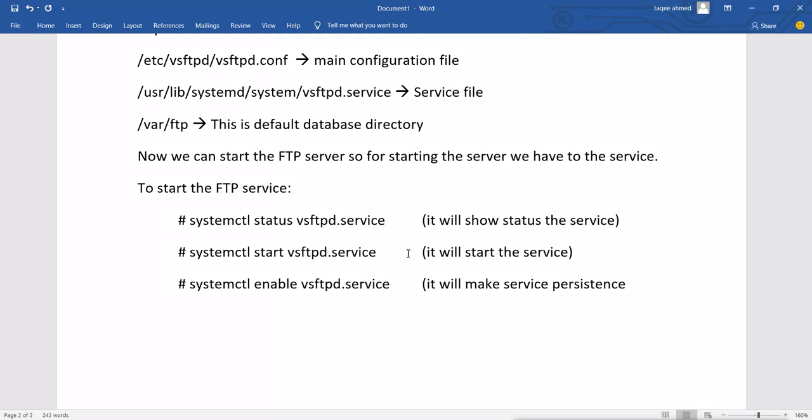That means every time your server boots, the service will start. And this is how the server will start.